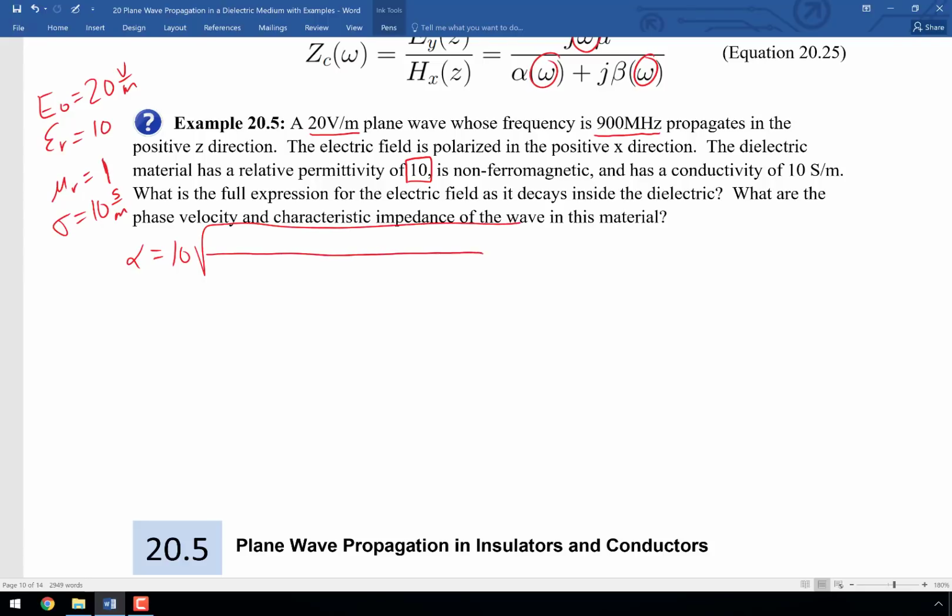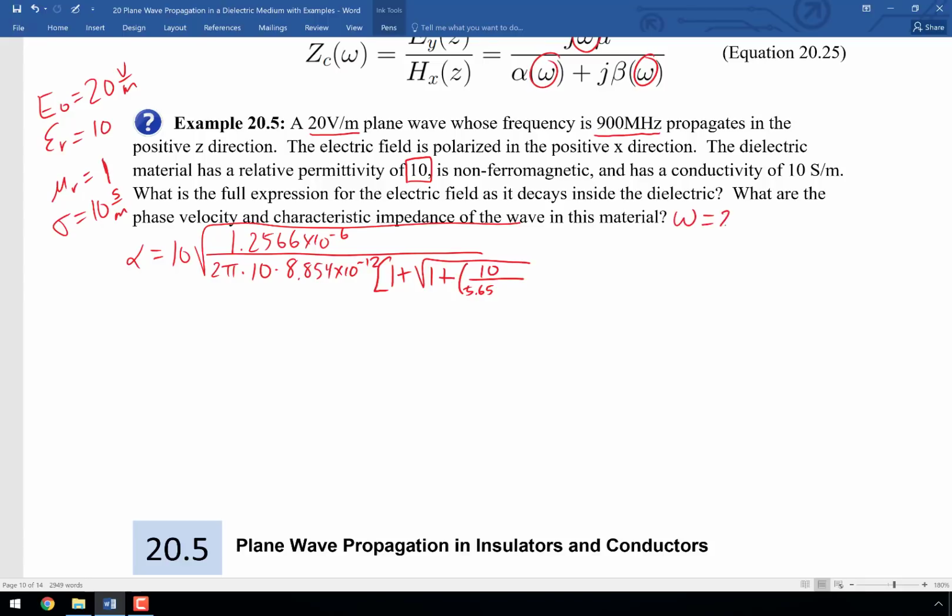So I'm going to have 10, which was sigma, the conductivity, times, and in the numerator here we're going to have mu, which is 1.2566 times 10 to the minus 6th. That's going to be divided by 2 pi times 10, that's epsilon r, times epsilon 0, 8.854 times 10 to the minus 12th. That's then multiplied by the square root of 1 plus sigma, which is 10, divided by